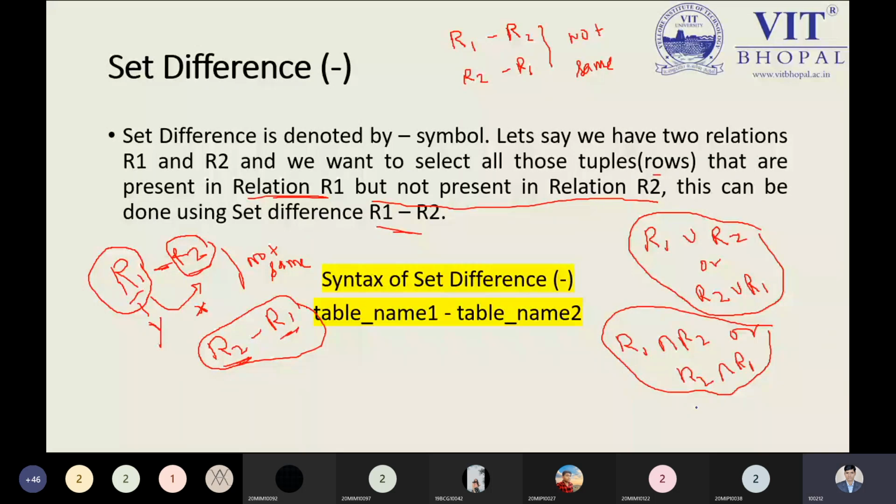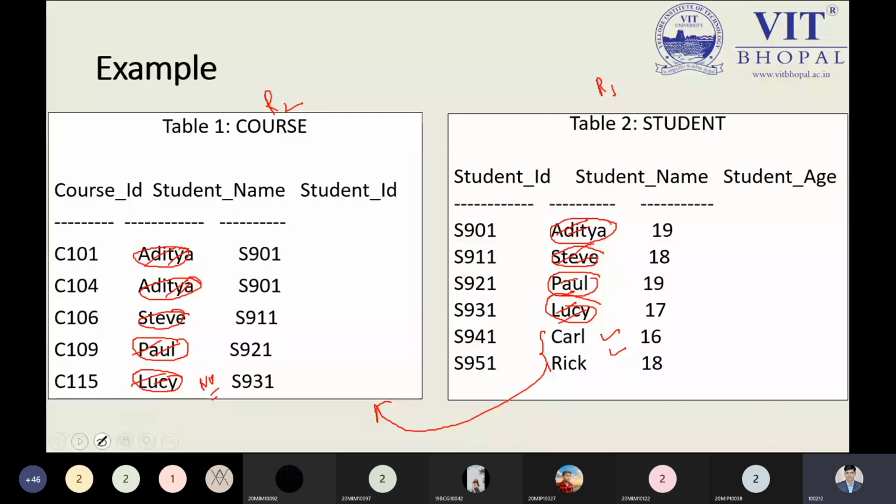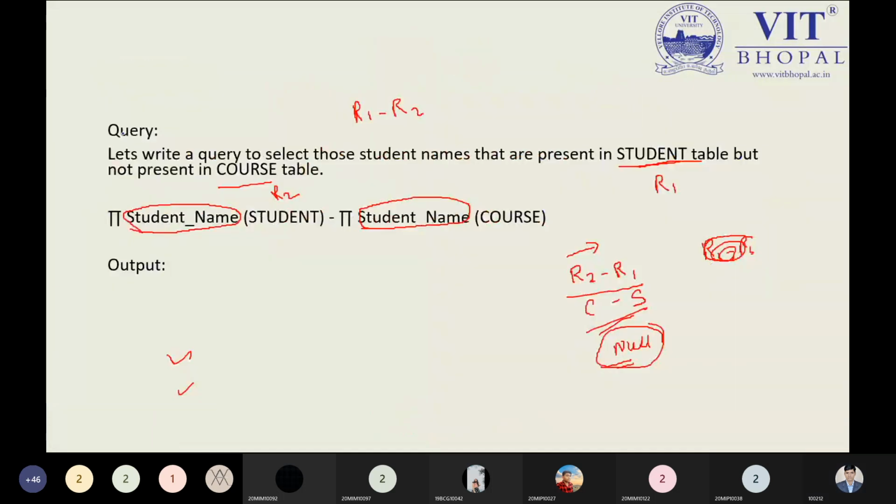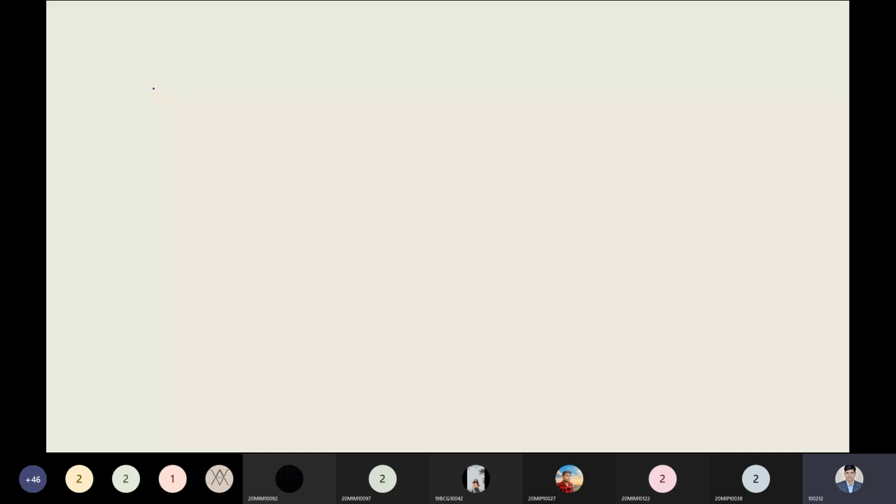Let me take the set difference. The difference says, suppose we have a relation R1 and there is another relation R2.